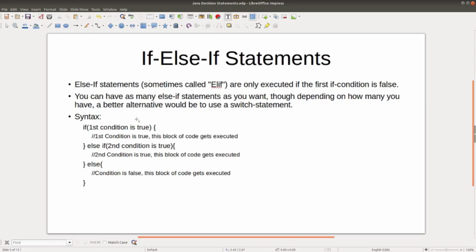And similar to if else statements, you have an if condition, and then you'll have an else if condition afterwards, and then you have an else condition after the else if statement. And as I mentioned before, you can have as many else if statements as you want, but it's best to only have what's necessary. If you have a bunch of else if statements, then it's better to use a switch